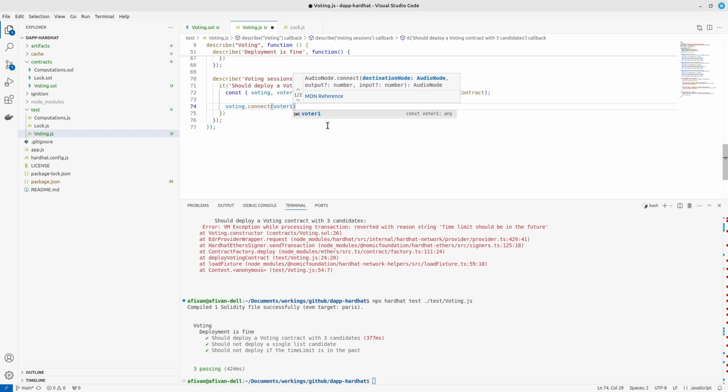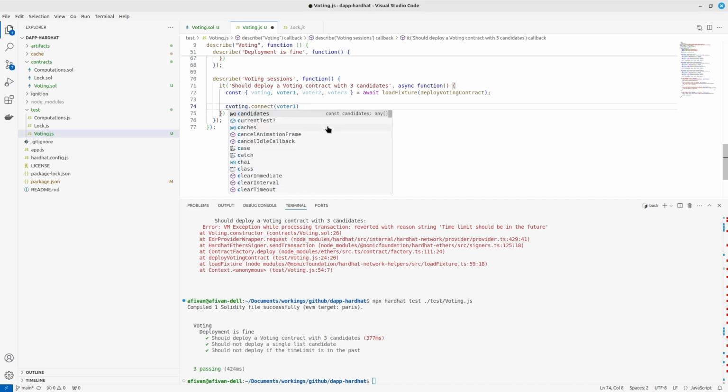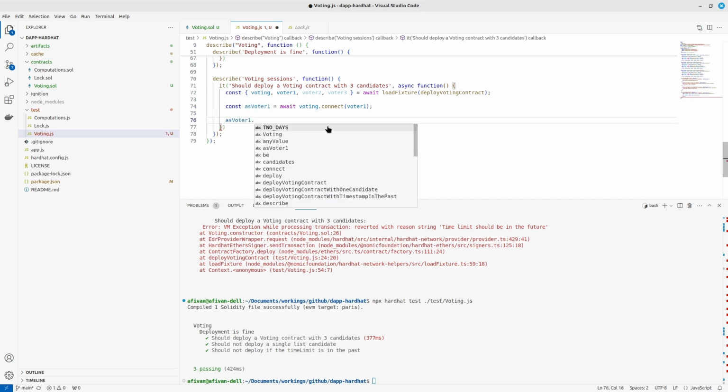Okay. I think it will work something like to do something like const as voter 1 and with await, because this is awaitable, and let's see, as voter 1 dot